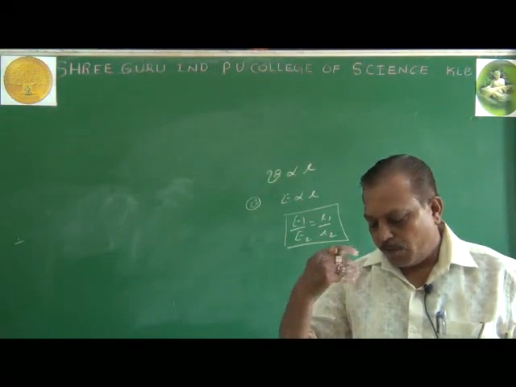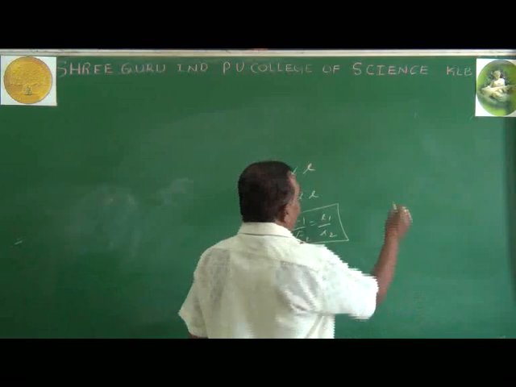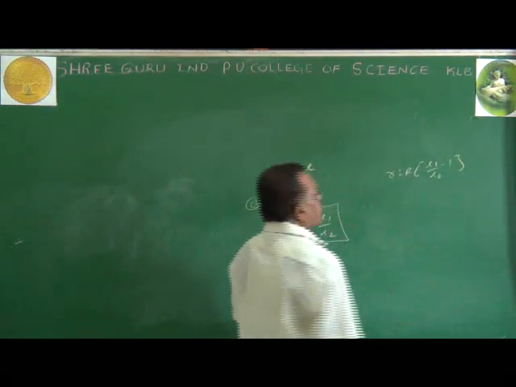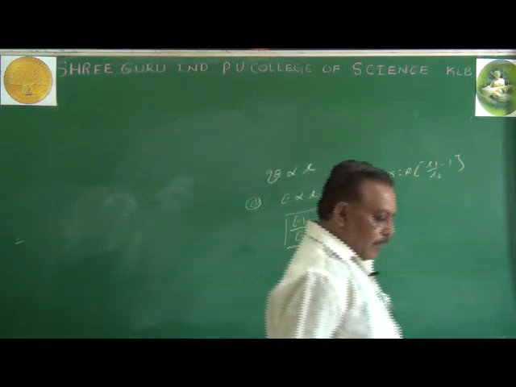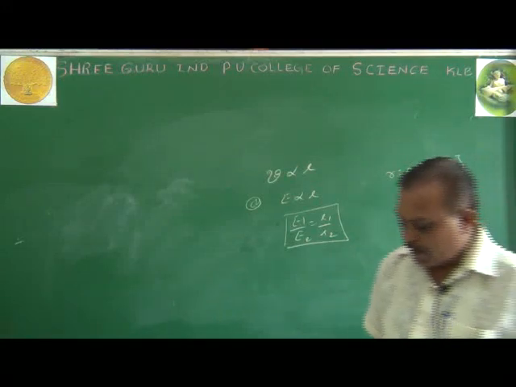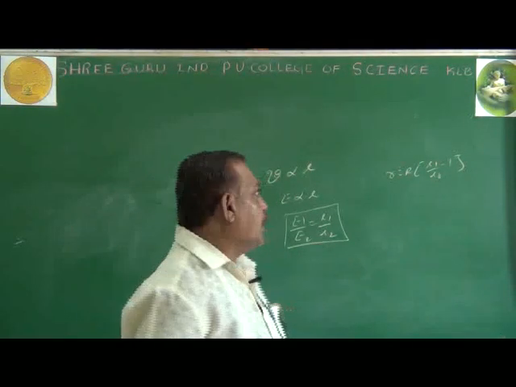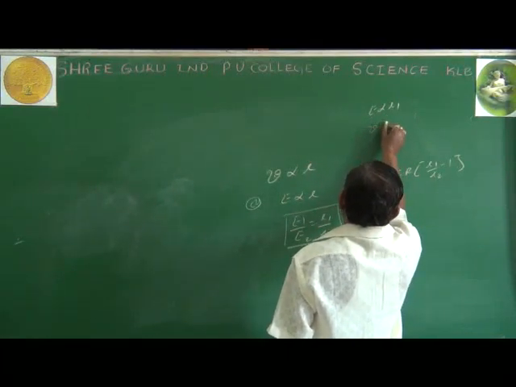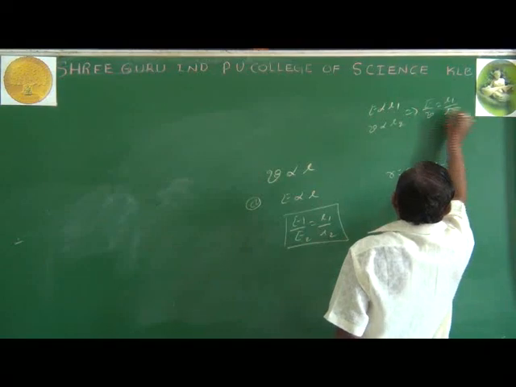We know the circuit diagram for the calculation of internal resistance of the cell. The internal resistance of the cell r is given by capital R into (L1 by L2 minus 1), where L1 and L2 are the respective lengths when the cell is not included in the circuit and when the cell is included in the circuit. The open circuit voltage is known as EMF: E is directly proportional to L1. Then the closed circuit voltage is known as potential difference: V is directly proportional to L2, which implies E by V equals L1 by L2.